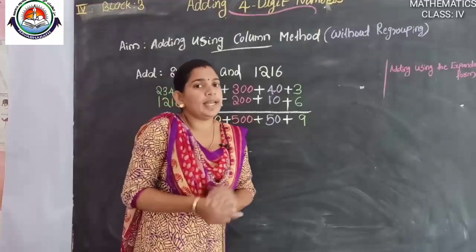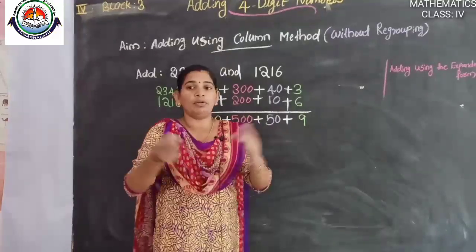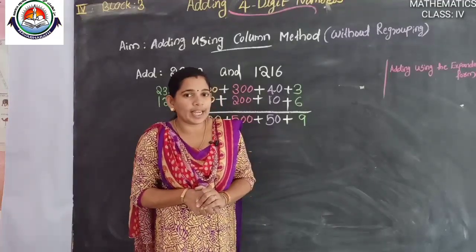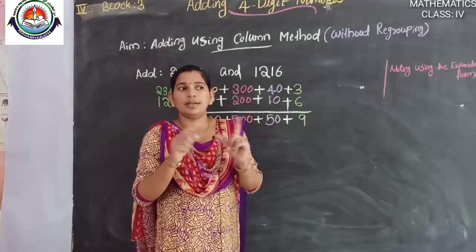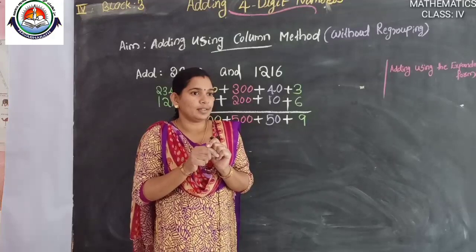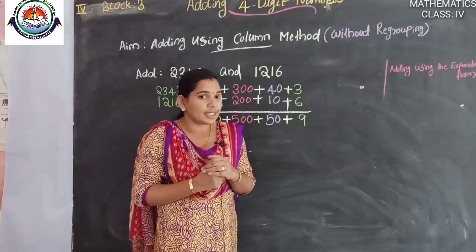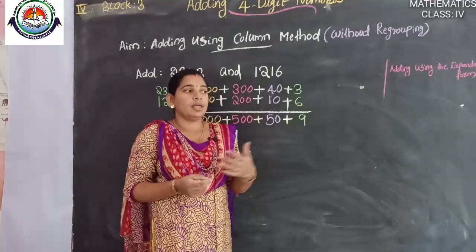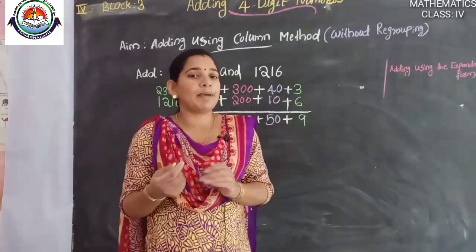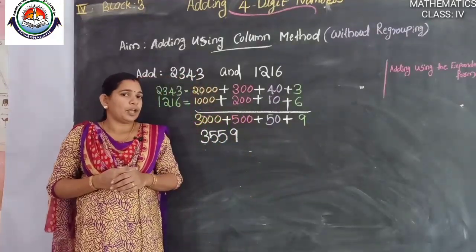Then are you ready to do an activity? In the previous classes we did not do any. I was only doing it here, and you were simply watching the video. So today we are doing one activity. Are you ready? Take some pieces of paper, a square sheet. Like in your playing time, thief and police, you play with small squares. Take an old notebook page, not a new notebook, pluck an old notebook page and make pieces of paper. Have you made them?